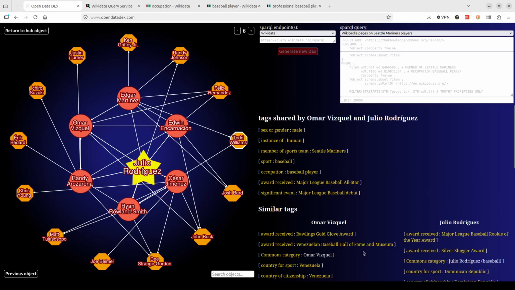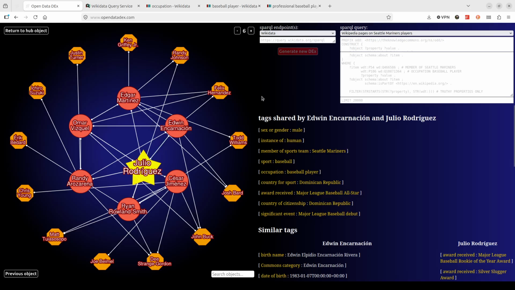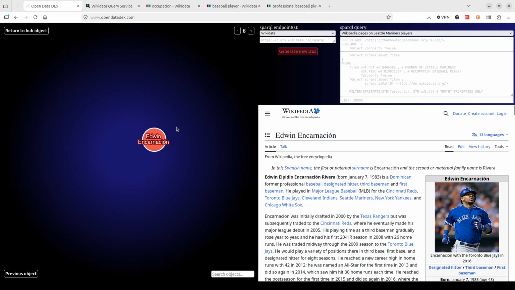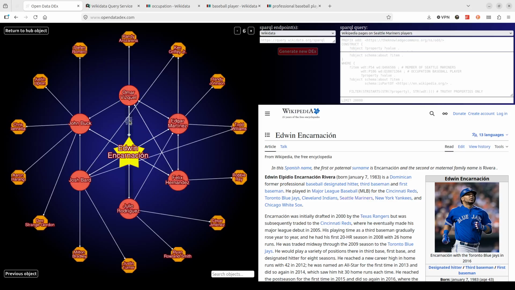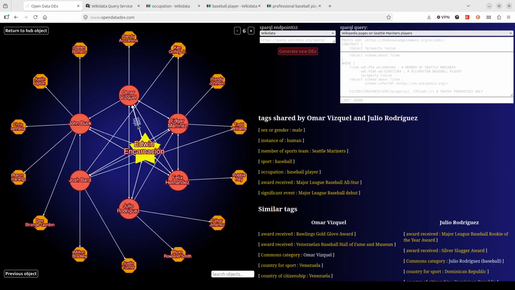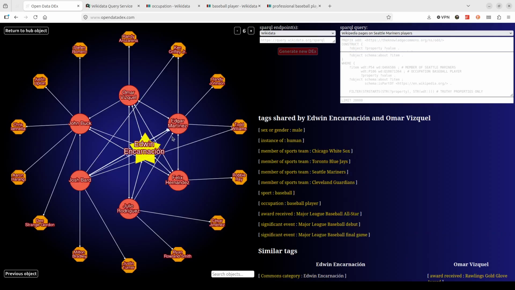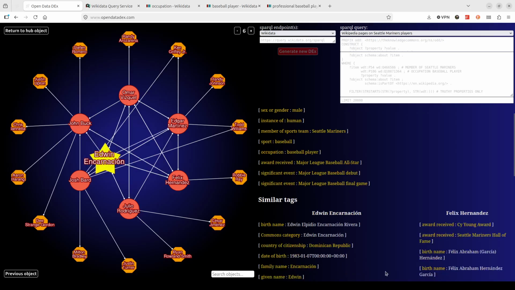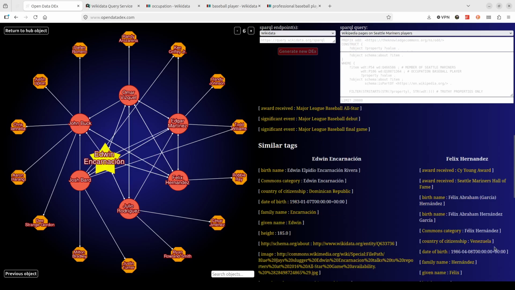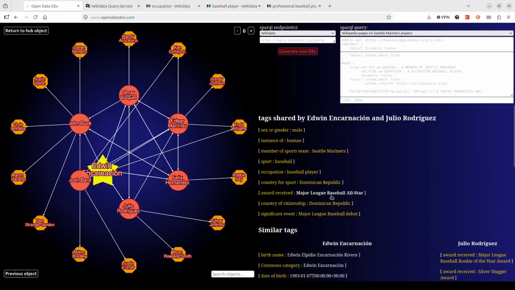Let's see, Venezuela, okay, here we go. Edwin Encarnacion is also from the Dominican Republic, so let's see if that gives us any sort of cluster here. Let's see where Felix Hernandez is from. He's from Venezuela. Okay, so yeah, not really, but I'm glad we at least have this connection recorded here that they're both from the Dominican Republic.